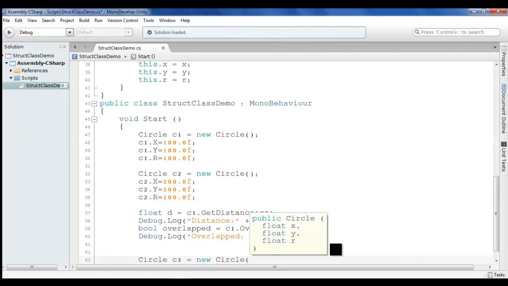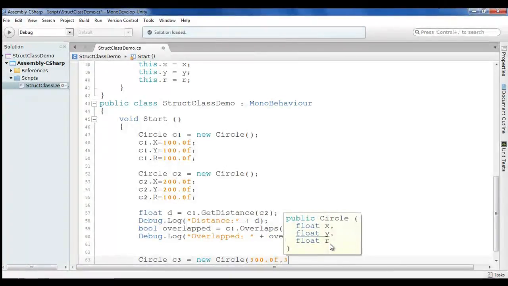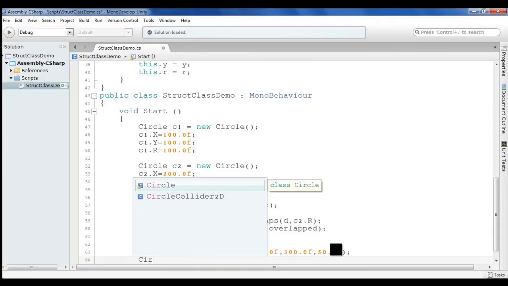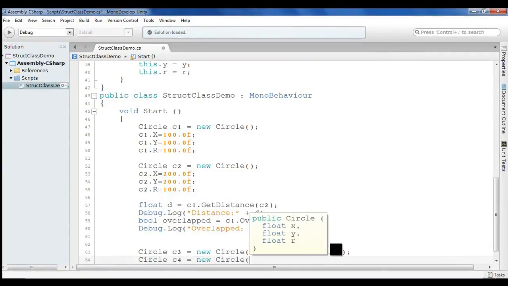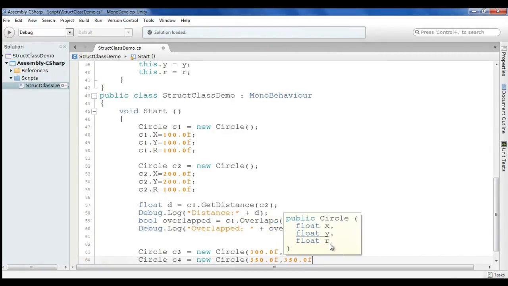So this circle will be maybe at 300.0f, 300.0f, and the radius of this circle will be maybe 50.0f, right? I can create another circle. Let us take Circle c4 is equal to new Circle, at 350.0f and 350.0f, and its radius is 50.0f.